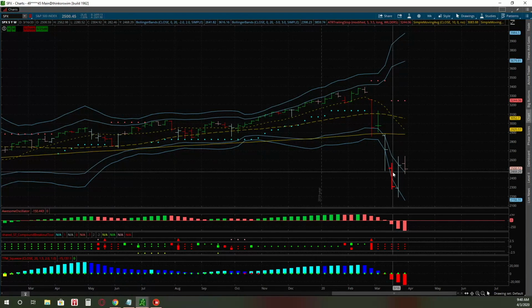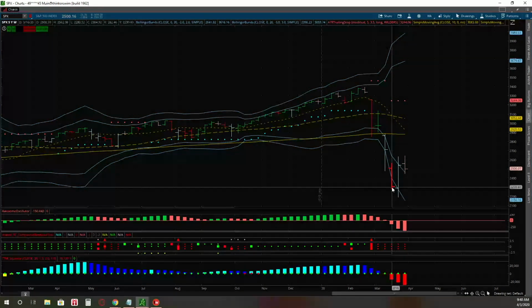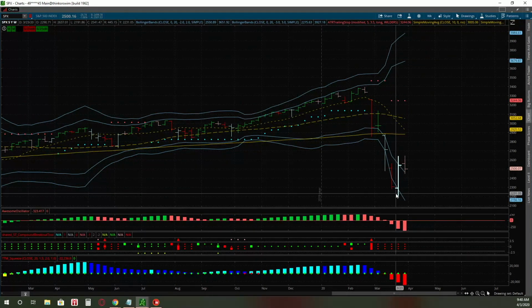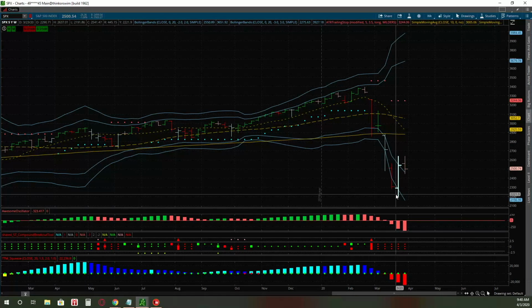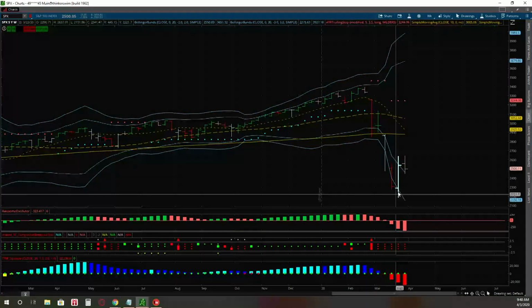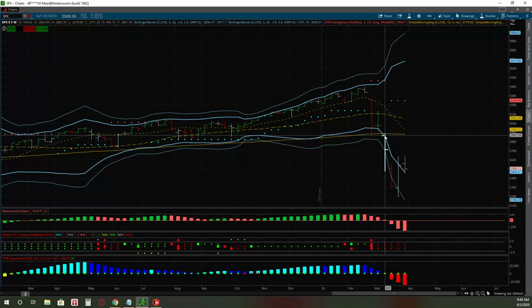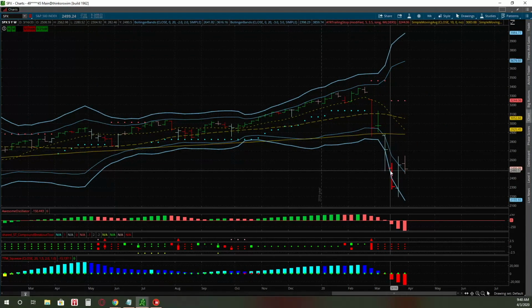Now, the other way that means is that, especially on a bar like this, where we're not making a bullish divergent bar, it's just a nice red bar. And we'll go over what that is in a second. But if it's making just a strong red bar, we close near the low of that bar, in particular, while making a third deviation Bollinger Band snap, that means there's also a high probability that we will continue in that direction. So in this case, because it's on the lower Bollinger Band, that means we will continue